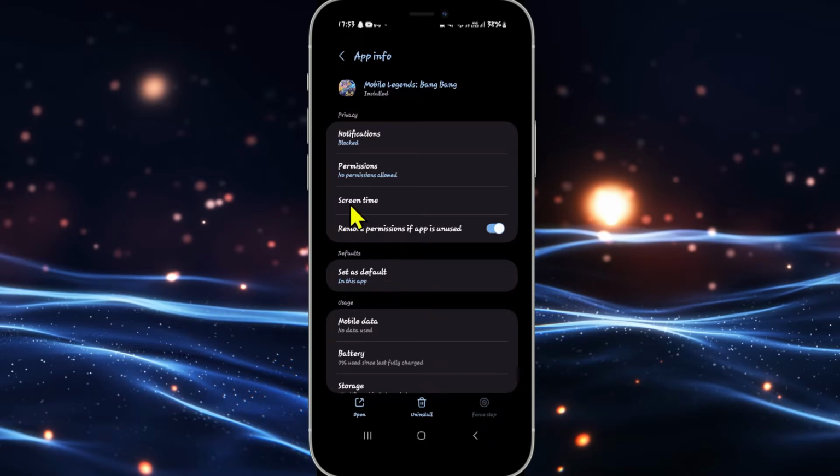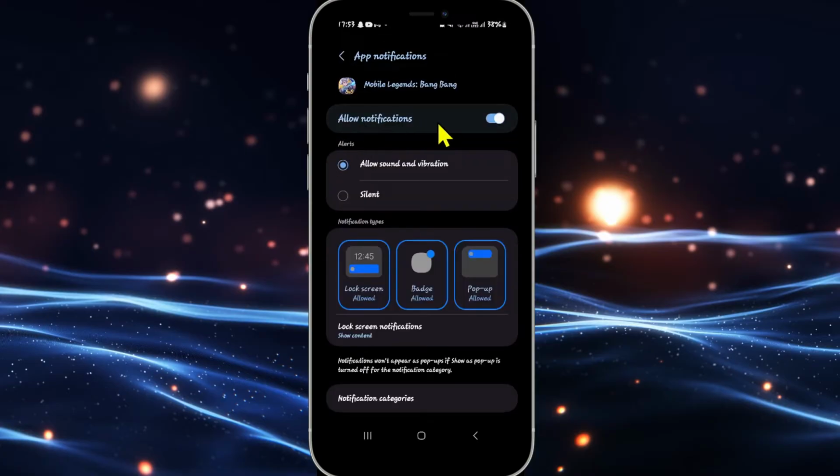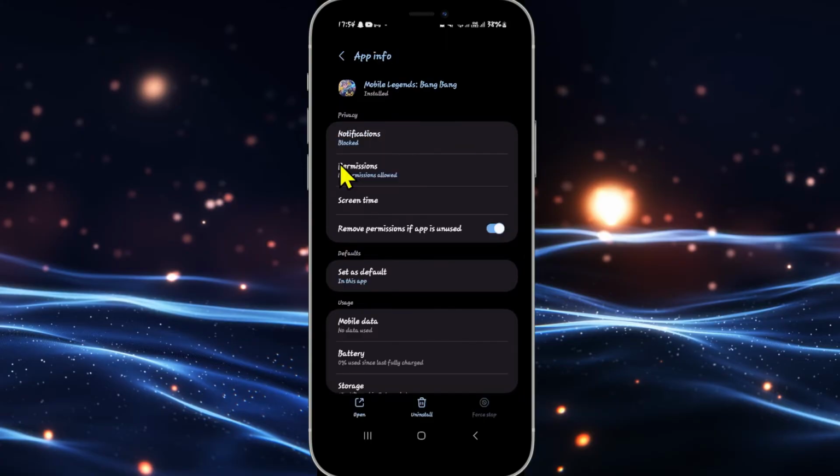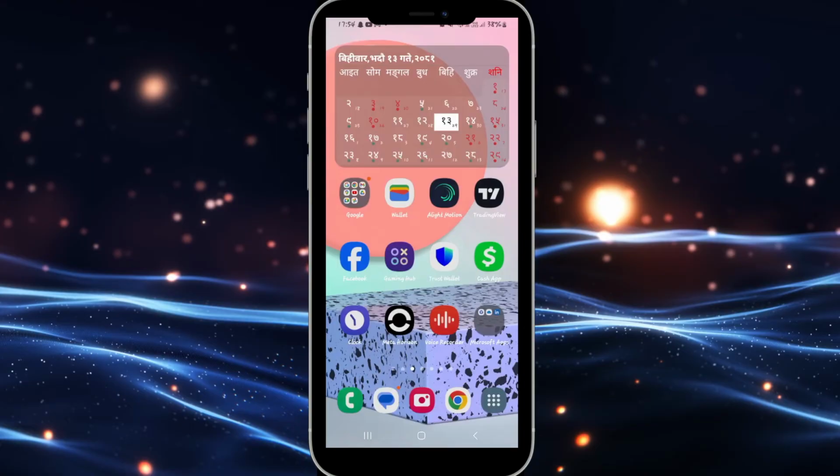to stop the application. Once the app has been stopped, underneath privacy, tap on notifications. And now if the allow notifications toggle is turned on or set to the right, then this will enable all notifications from the game. So simply tap on the toggle and now no notifications will be shown on your device from this game. You can turn this setting back on at any point of time by going back into the